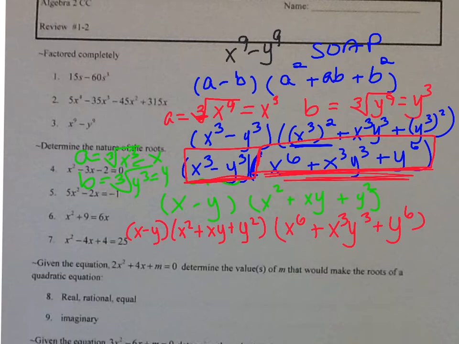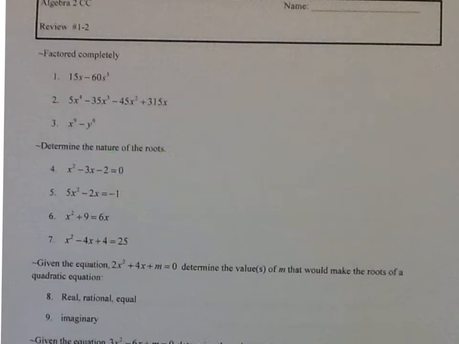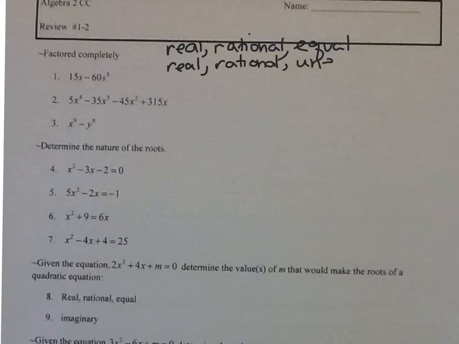Okay, so let's take a look at number 4. Number 4 is the nature of the roots. Remember, nature of the roots means what kind of roots do I have? Do I have real, rational, equal? These are your choices. They could be real. The only time they're not real is when it's imaginary. Real, rational, equal, real, rational, unequal,